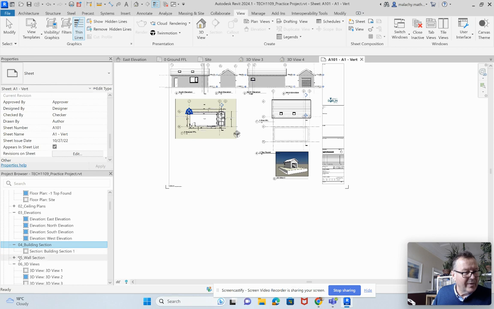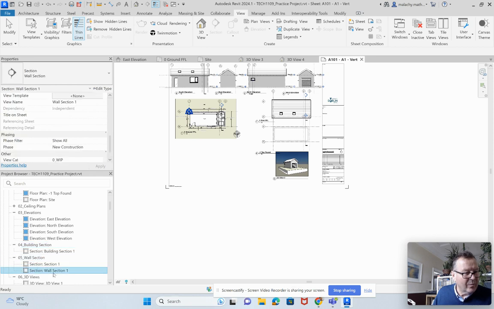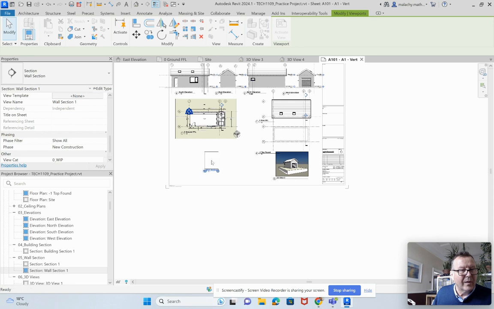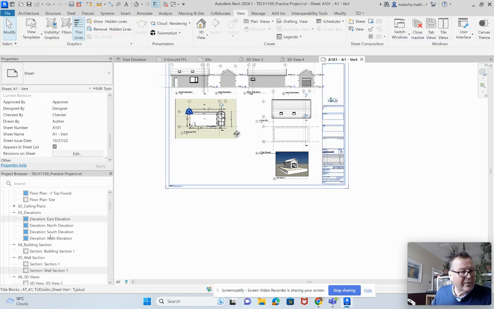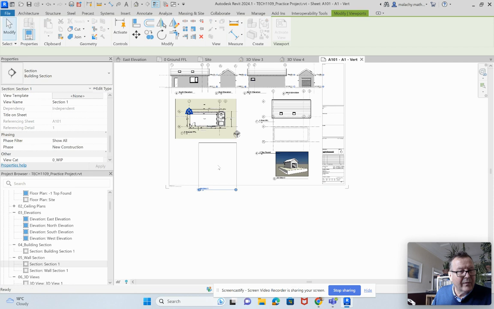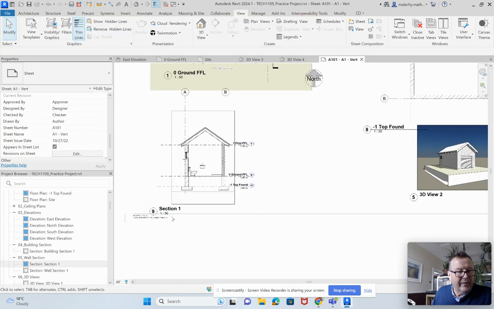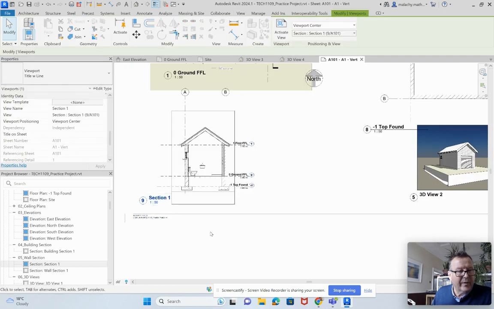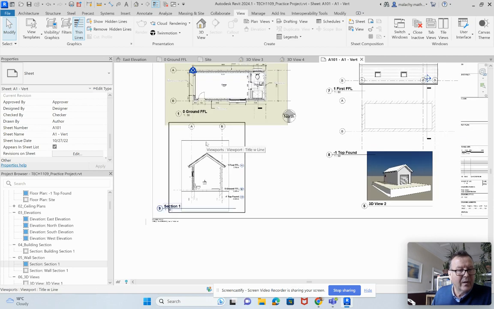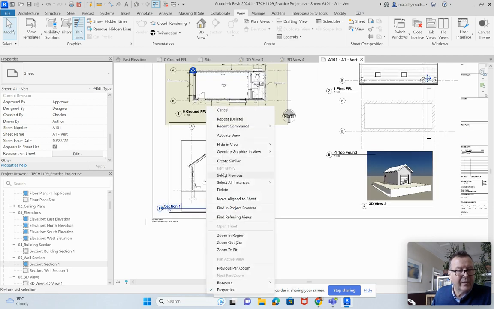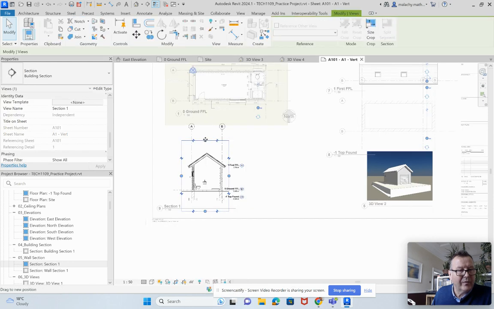Here's my building section, and I've got a wall section here, so let's bring that one up. Okay, delete that one. There's nothing in that. There's my section there now. I'll bring that one over there. And again, I can move that up here, like so. So let's activate the view, and we just bring everything in a little bit tighter, I think, like so, and I will turn off. Well, before I do that, look,